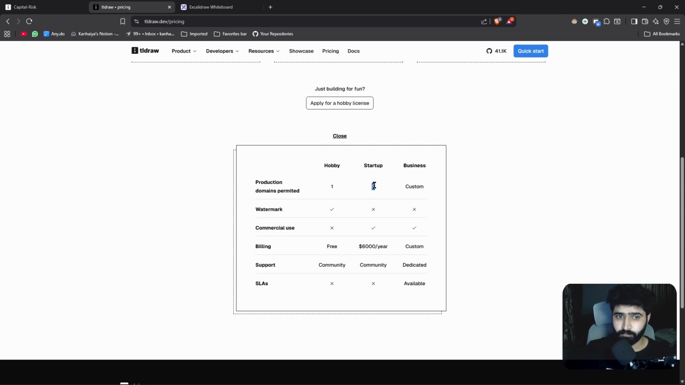And for the startups, you will have two domains, no watermark. You are paying for that, bro, why would you get the watermark then? Commercial use, oh,